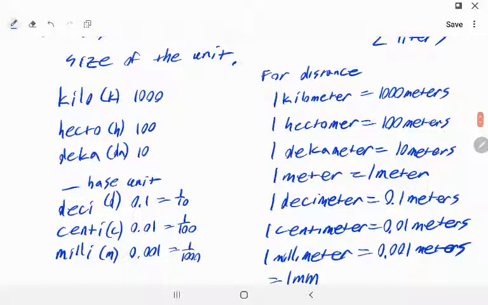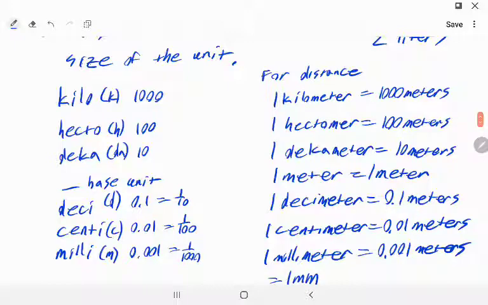Deci represents a tenth of a base unit. Centi represents a hundredth of a base unit. Milli represents a 1,000th of a base unit. And then we've got abbreviations: K for kilo, H for hecto, DA for deca, D for deci, C for centi,